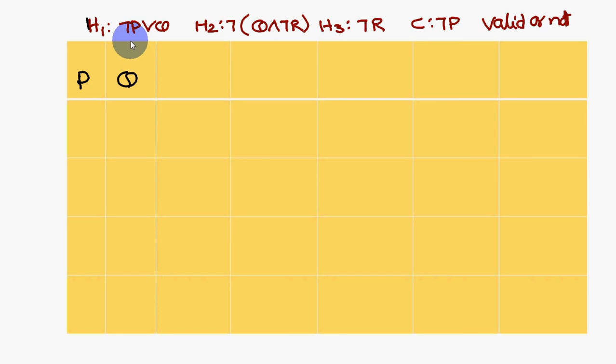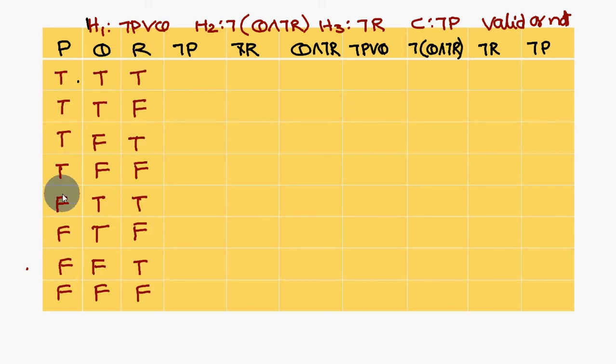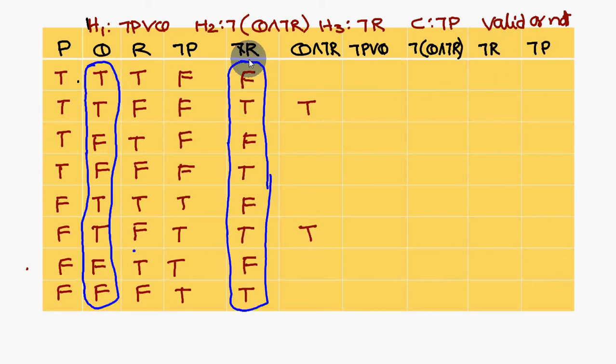Next, here 1, 2, 3 premises and one conclusion is there, therefore P, Q, R. P, Q, R means you know how to write these truth values. Next, these premises should be in order only. If you look at this one: not P or Q, negation of Q and not R, conclusion is not P. So 3 premises and the conclusion. So you write the corresponding values.